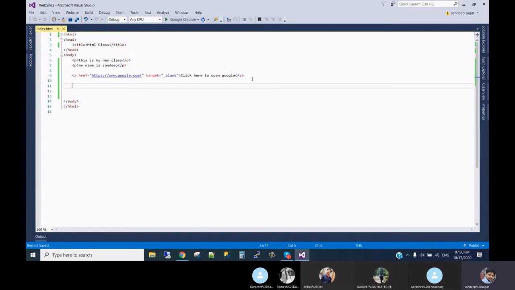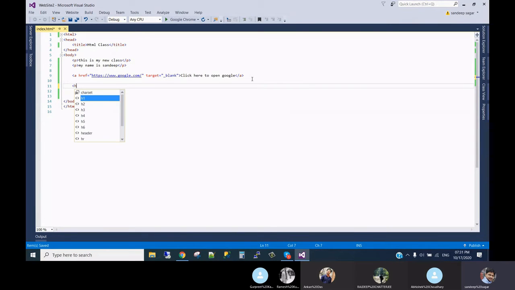Okay. So next is the heading tag. We have 6 heading tags, from H1 to H6. H1 is the most important tag because it has a large font size, and it is used for highlighting. If you want to display something in bold and large as a header, then we use H1. From H1 to H6 the size difference comes.